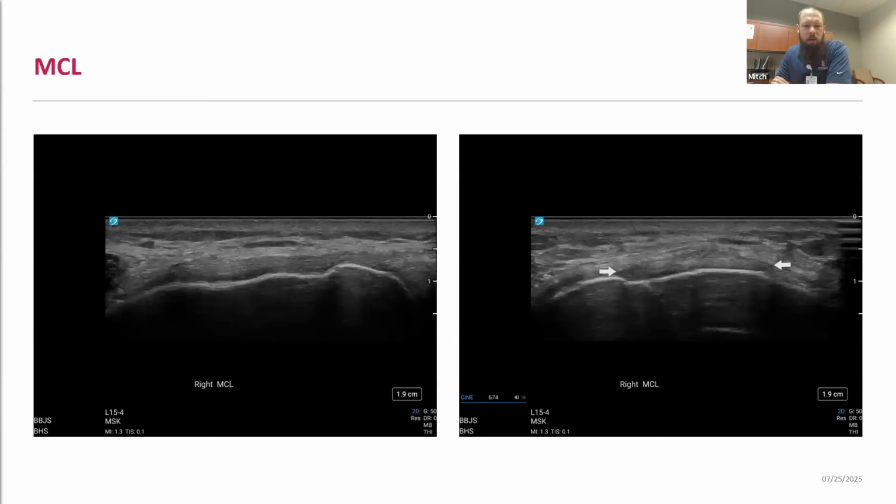And so starting out at the medial aspect of the knee, just talking about general ultrasound setup. For the knee, typically you're going to be using a linear probe. For this case today, I'm using an L15-4 probe. For most knee structures, you'll be able to evaluate these diagnostically with a linear probe. Occasionally, you'll use a curvilinear probe depending on the size and body habitus of your patient with posterior knee structures. But in most of these cases, you'll be able to see everything that you need to see with that linear probe.